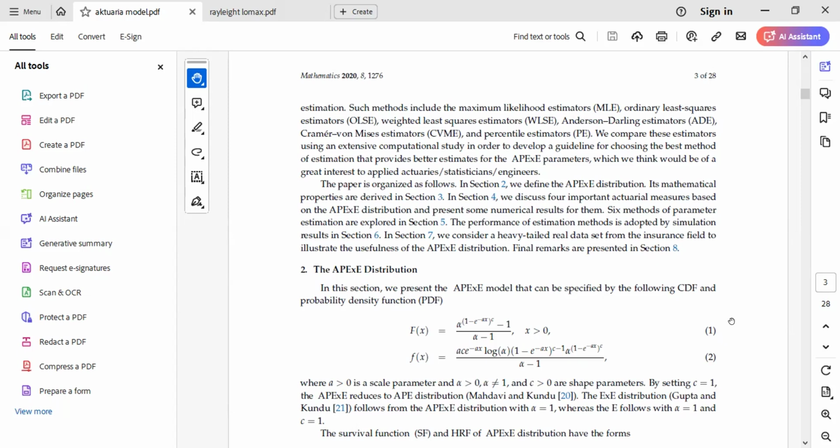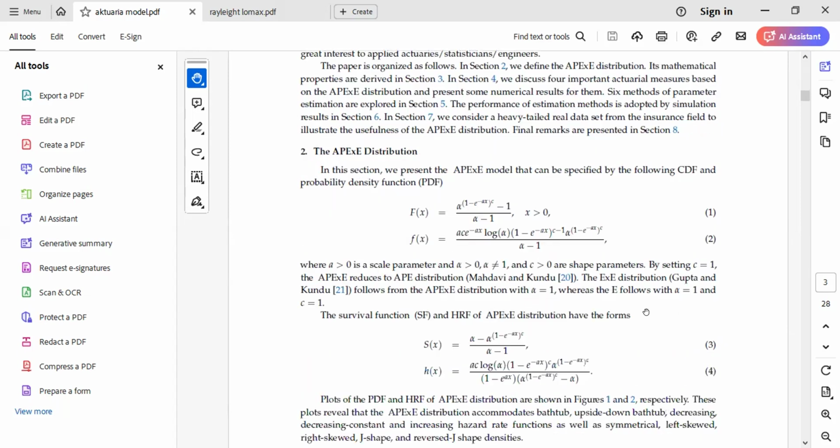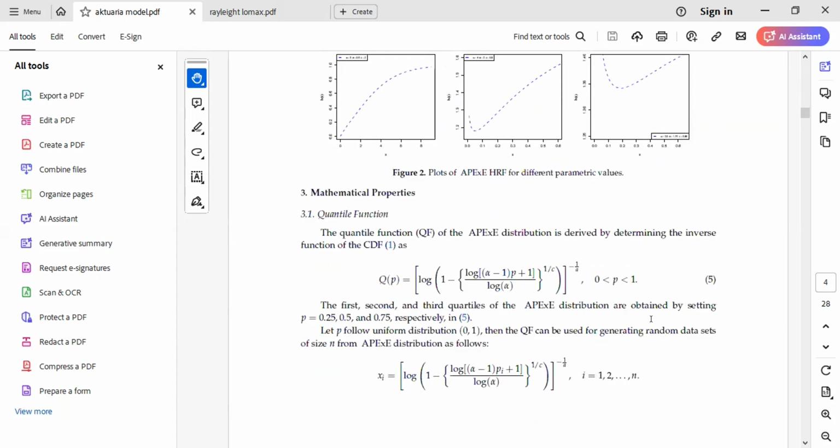We tried in session 1 how to manually create the quantile function based on the distribution function. In the same way, we can find the quantile function in equation 5. You can check in equation 5 that there is the parameter P. Parameter P is a number between 0 and 1. And then, according to session 1, we can use runif, random uniform, in R programming.